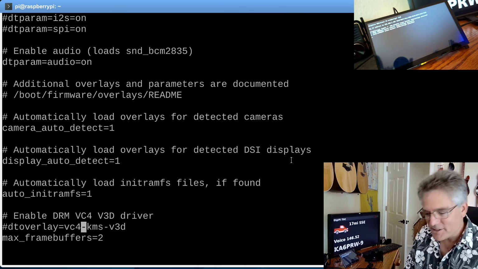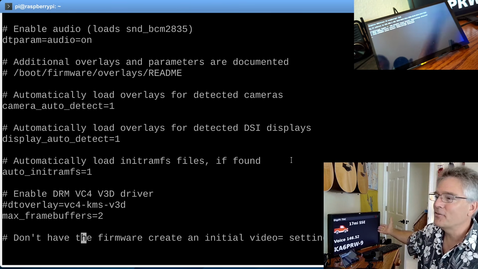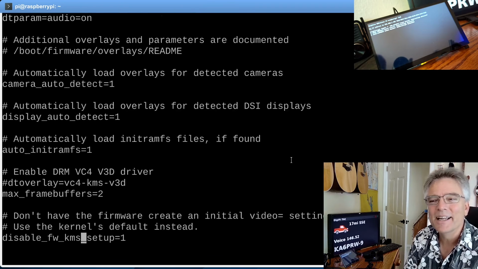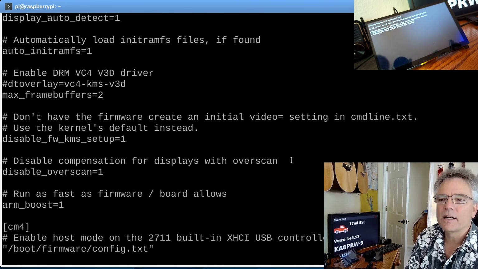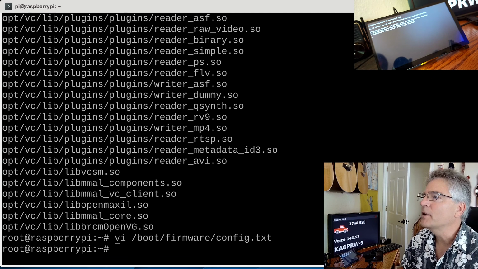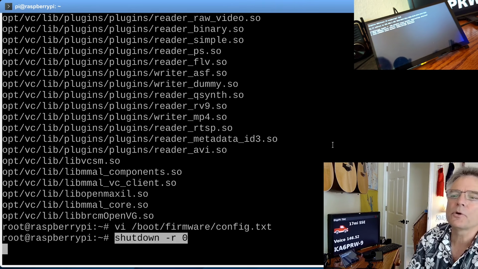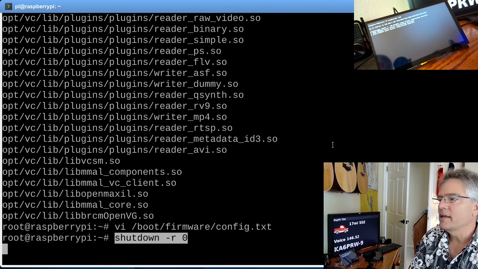In fact, DigiPi is starting to use that. That's why we got full speed HDMI over here for DigiPi. Don't get me started on DigiPi. All right, so this is done. I'm going to write that file out. Config.txt is now written out, and it's commented out for the DT overlay. I'm going to go ahead and reboot the DigiPi,